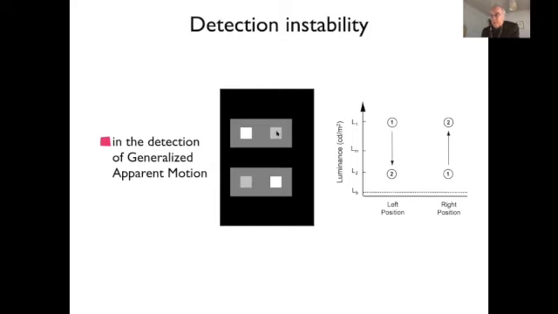Let's say regular apparent motion would be just a bright spot. There's nothing here on the right. And then on the next frame, there's only a bright spot here on the right side and nothing on the left, right? There will be just some bright spot jumping to a new location. And you would be seeing that